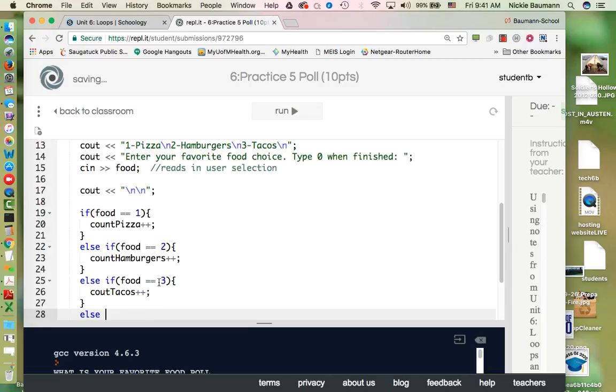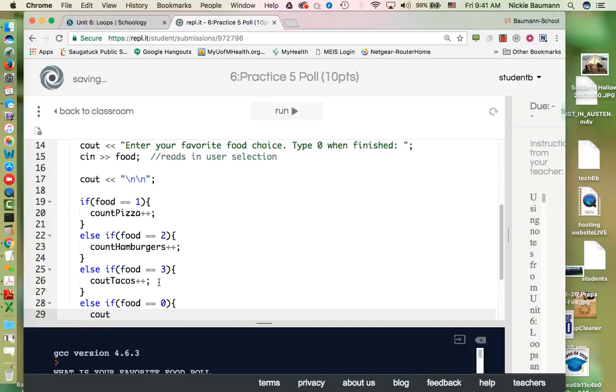And I'm going to do another else if food is equivalent to 0. Yes, it's going to automatically quit this, but I just want to see out. I'm going to have some kind of see out that just tells them, here are your results. Maybe here are your results. Okay. And I'm going to go ahead and